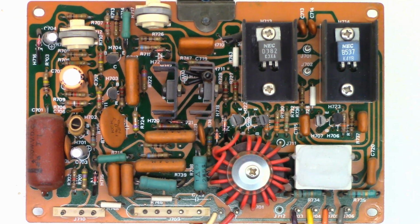The driver transistors are good. The bias regulating transistor is good. The bias regulating diode is good. So I think I'm just going to go ahead and get a couple of output transistors, and hopefully that takes